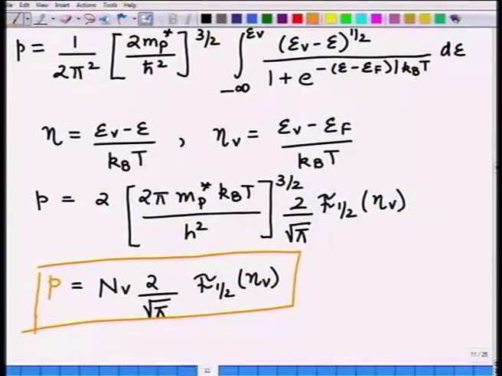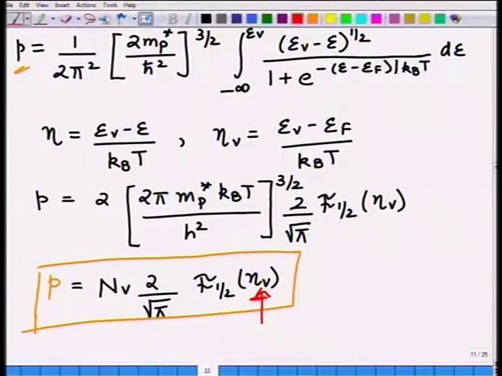So, I can calculate now N and P if I can calculate the Fermi-Dirac integral, which is straightforward. We should be able to calculate it, given where E_f is. Notice that in N_V, what is the parameter? This is a property of the material, we know where that is. So the only quantity we need to know is the value of E_f. If you give me the value of E_f,